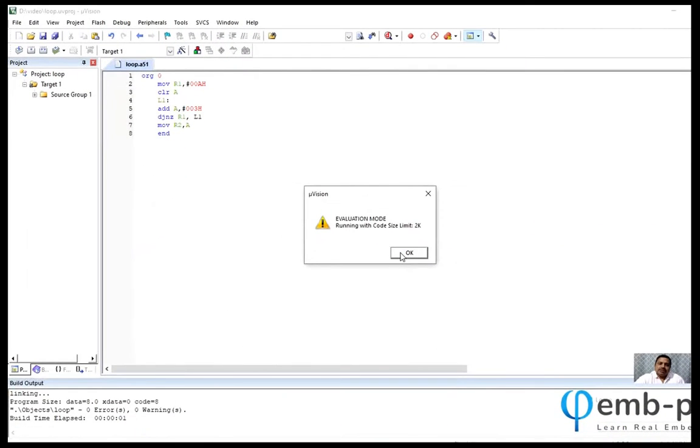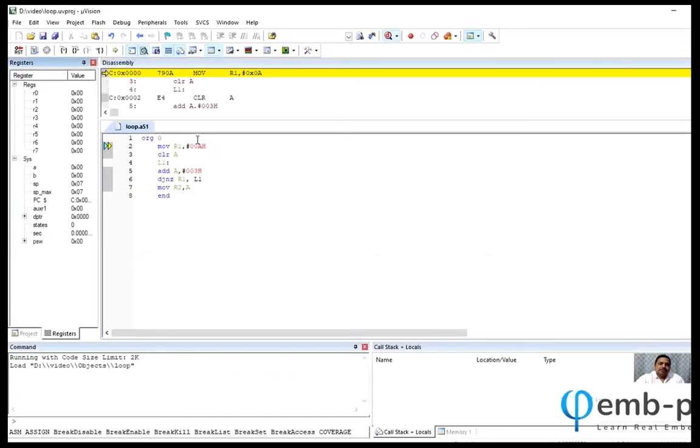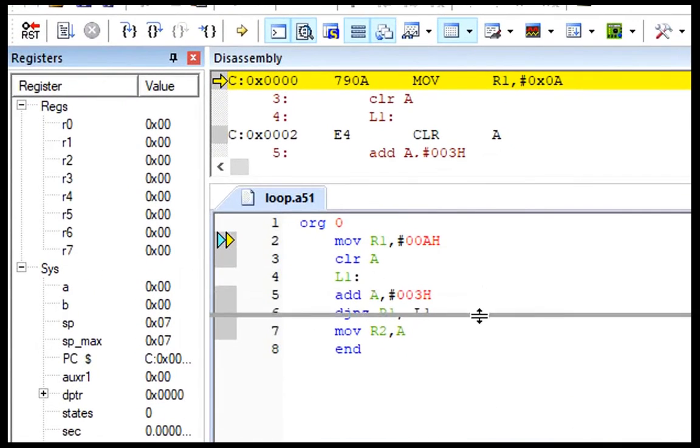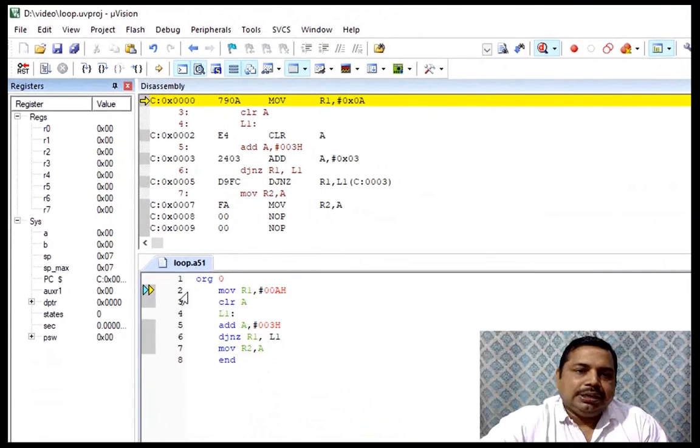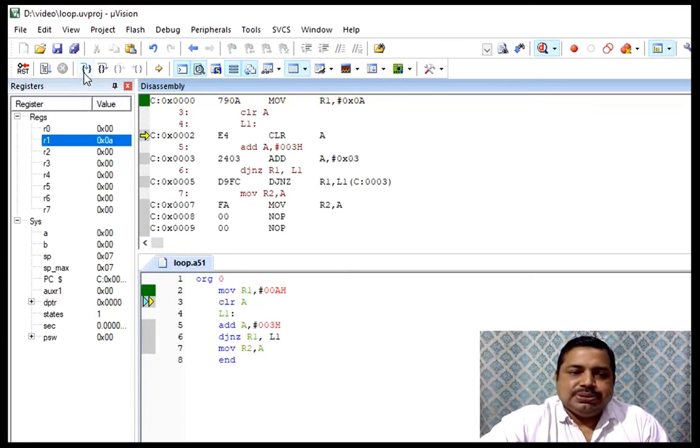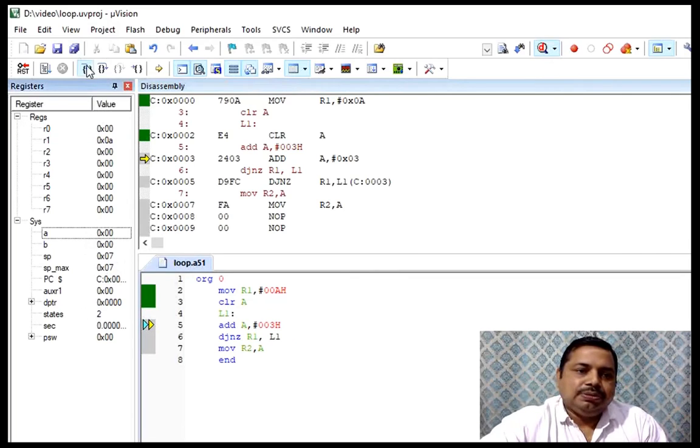As I told, it's an evaluation version and it is enough for your learning. So go ahead. Now you can see the detailed description, which we already discussed in a few programs; you can watch previous videos. So what we have done is take 10 in R1 and clear the accumulator, which is already cleared. Then we are adding 3, so you see the accumulator will become 3 now.